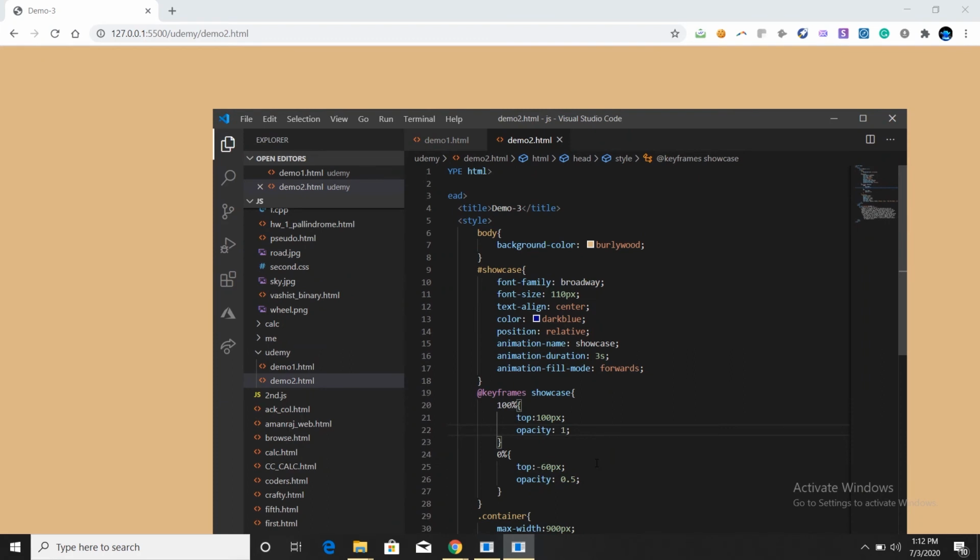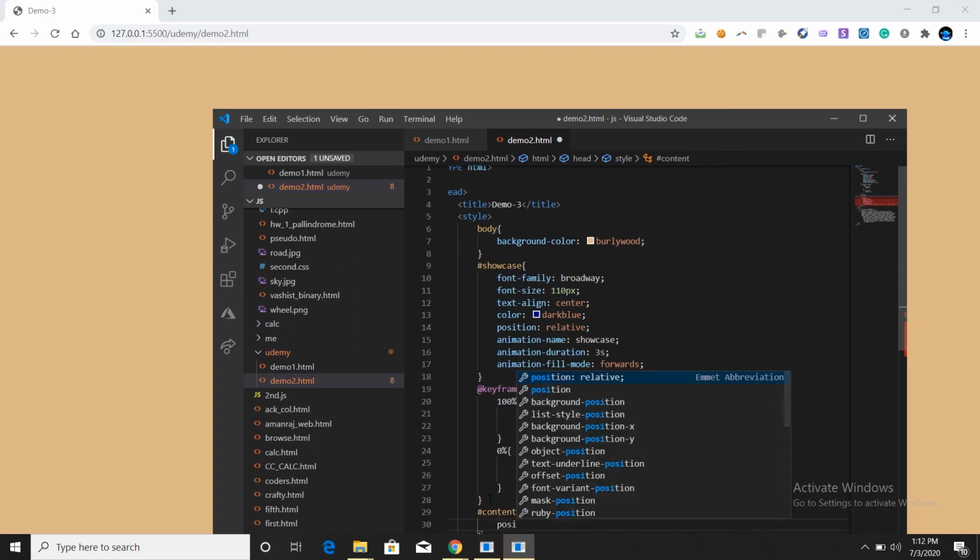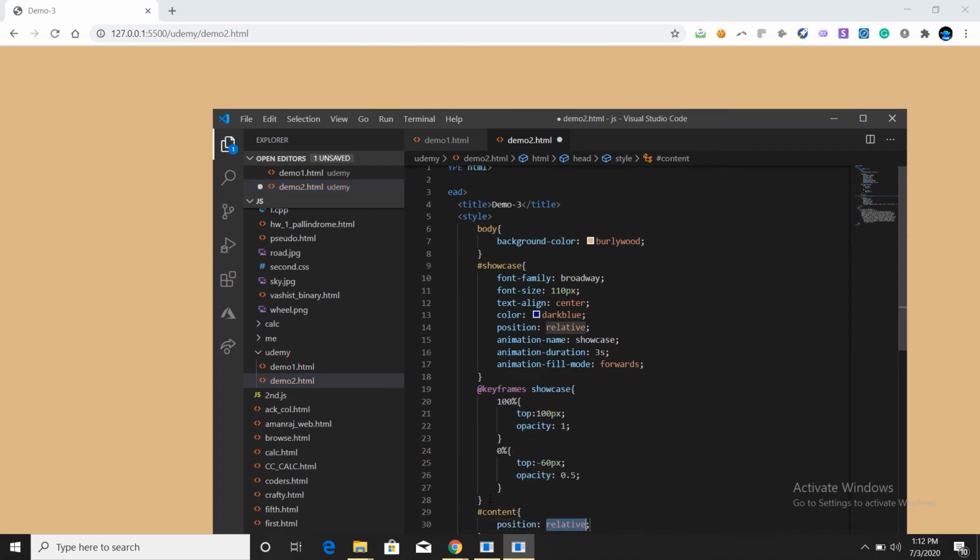This part is done. Now we should work with the text part. So we'll be adding features to the text now. So we'll be adding the content part here, hashtag content. Okay, then mention some position value, make it relative, and then start the animation part.